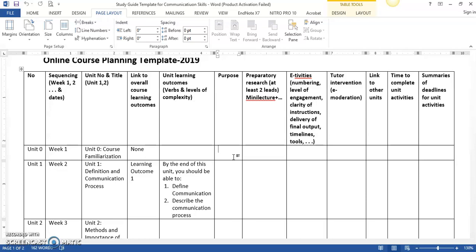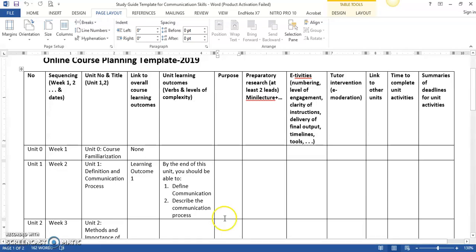What do you want the students to understand or to know or to be mindful about as they go through each of the units? So you have to write the purpose of each unit in the sections against the unit. When the students read the purpose, it helps them to define their learning path. It helps give them signs and directions that they should take, what they should be mindful of as they go